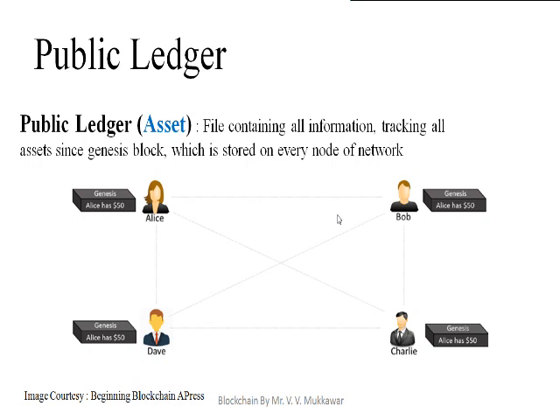A ledger can be defined as a set of records. A basic example is the record available with the shopkeeper. For example, if you are borrowing any item from the shopkeeper, the shopkeeper will maintain that record with him. That is known as a wahi khata or roznama. A ledger can be of the single entry type, as well as the double entry type.